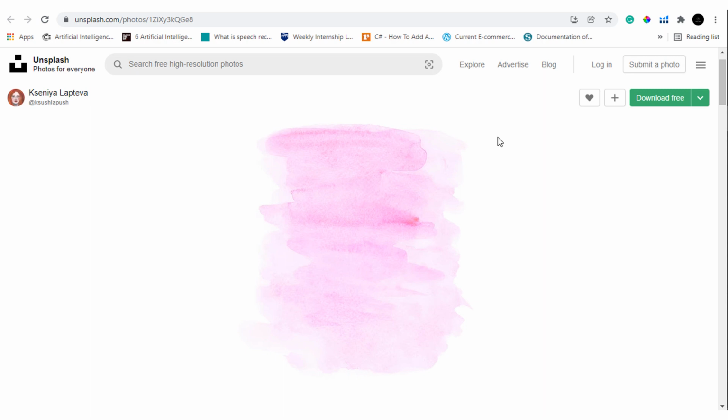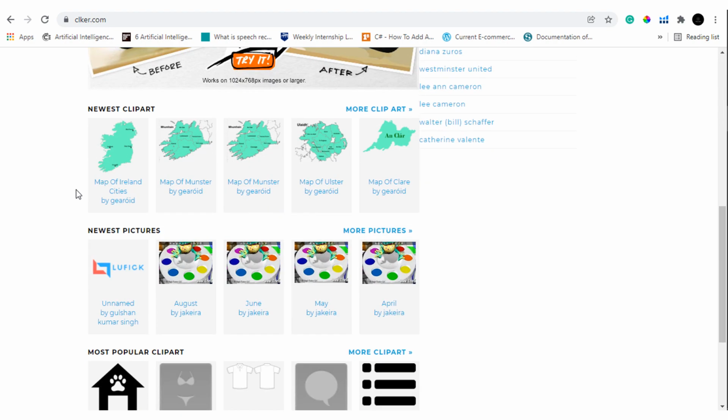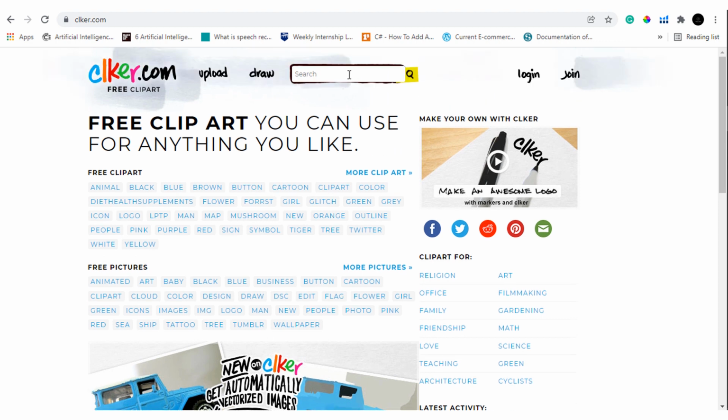Now let's head on to our next website, and our next website is called clker.com, and this is another website where you can get free vector related images that you can use in your KDP book publishing. As you can see, various different clip arts are available. You can go ahead and search in this search bar, or we can simply select here.